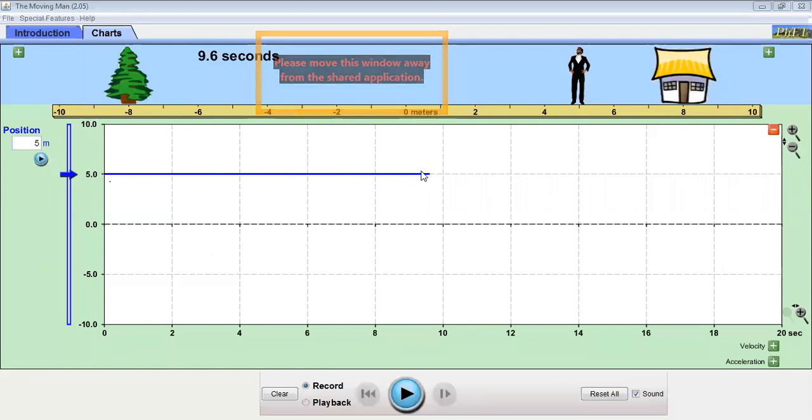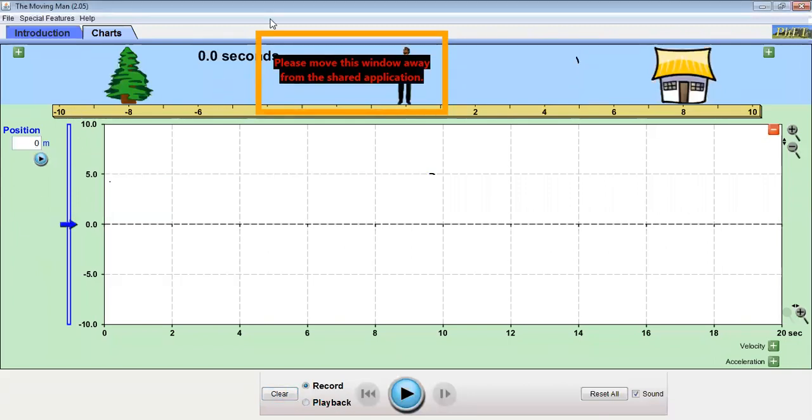And at what distance is he at rest? You will find he is at rest at 5 meters from the initial position. How long is he at rest? Look at the time axis, you will come to know approximately for 9.6 seconds the object is at rest. Now assume the object is at rest at the initial position. So I bring him back to the initial position. Now if I start it, how will the graph be? See how we are getting the graph.